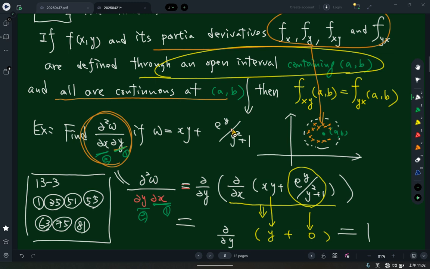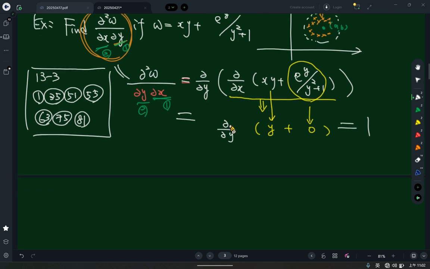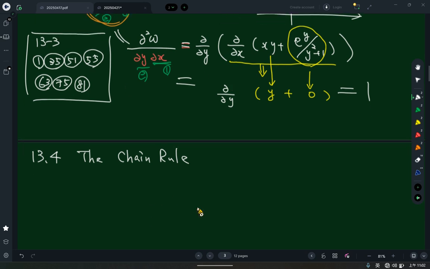Then I will start to introduce the chain rule for you. The chain rule. Of course, the chain rule here is for multiple variable functions. The chain rule, we also knew about this in that semester, right? But at that time, we just faced single variable. So for single variable,